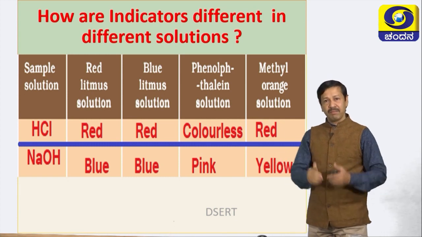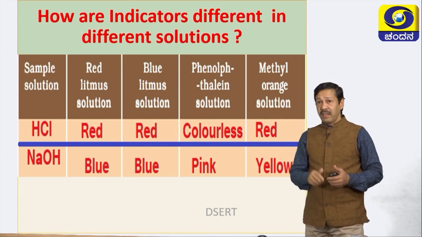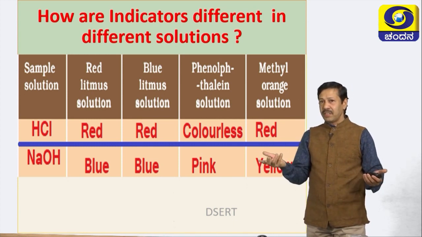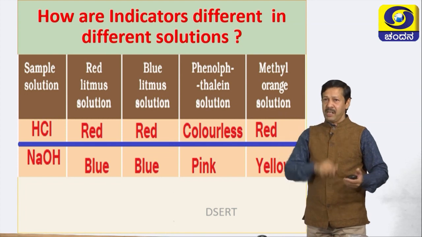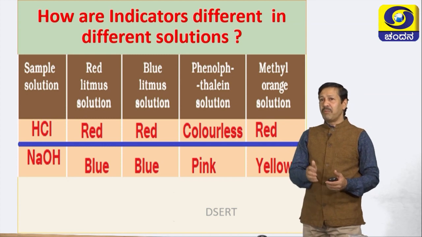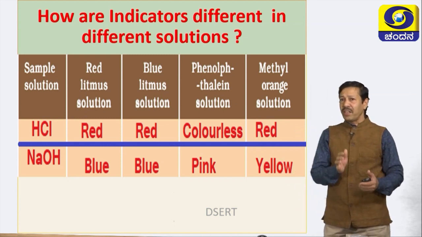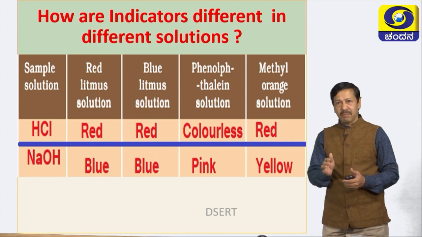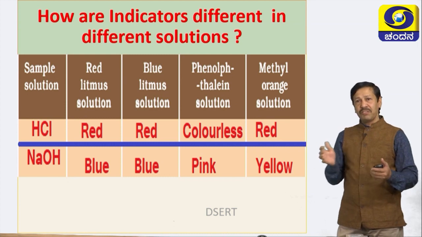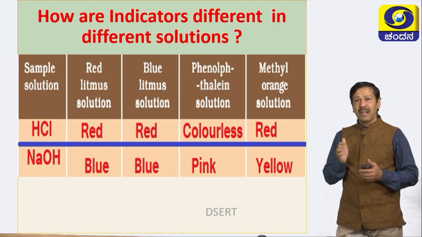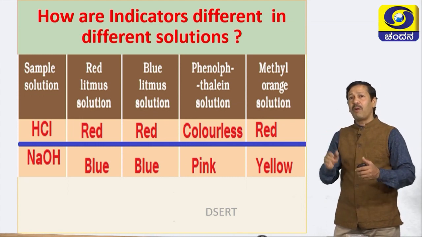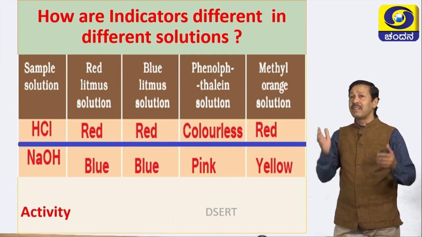Now, phenolphthalein, synthetic indicator, in acidic medium it is a colorless watery liquid, no change. But when you add that one to a base, magical color pink you can see. Similarly, methyl orange solution in acidic medium is red and in basic medium turns yellow. Thus, you can easily understand acid bases by using indicators. Let us perform a very simple activity to understand this one.